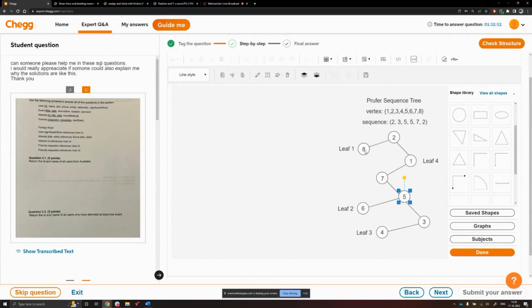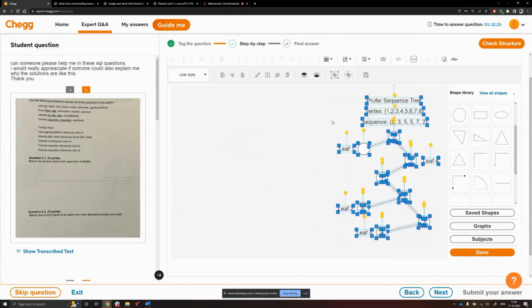So you can just group them like this. You can Control C and Control V, and make your own diagram like this. So this is one way to do it.